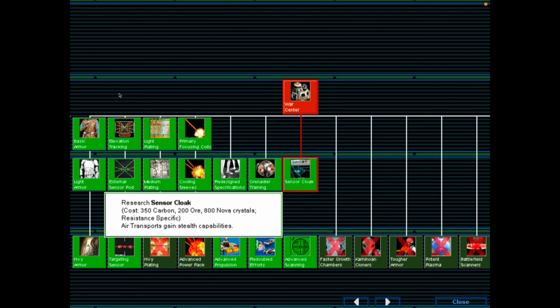So build 2 invisible air transports, build 5 Jedi Knights, pop them in one of the air transports, fly them over to your opponent's base, drop your Jedi in amongst your opponent's workers and convert them. So convert 5 workers, and then once you've converted those workers, stick them up into the air transport. Maybe you can convert more workers, convert another 5, stick them up into the air transport, and you can steal